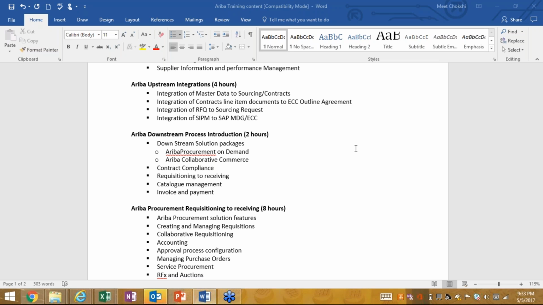They use ECC MM, they use SRM, they use Ariba, right? They do indirect in SRM, direct in MM, and Ariba they use for sourcing, contracts, automation, and other things, right? So during our sessions, I can go through some of the customers whom I have worked with, and what kind of hybrid scenarios they use.